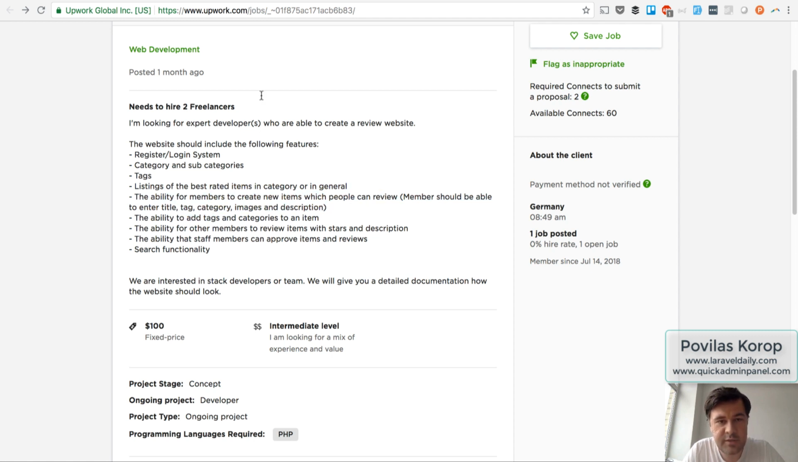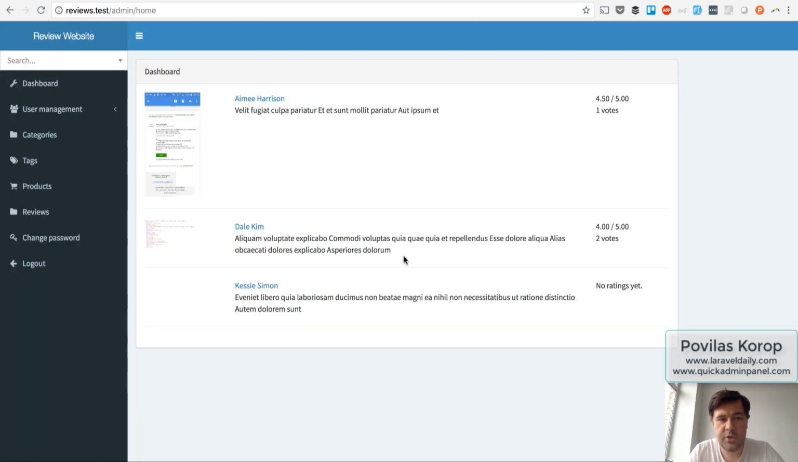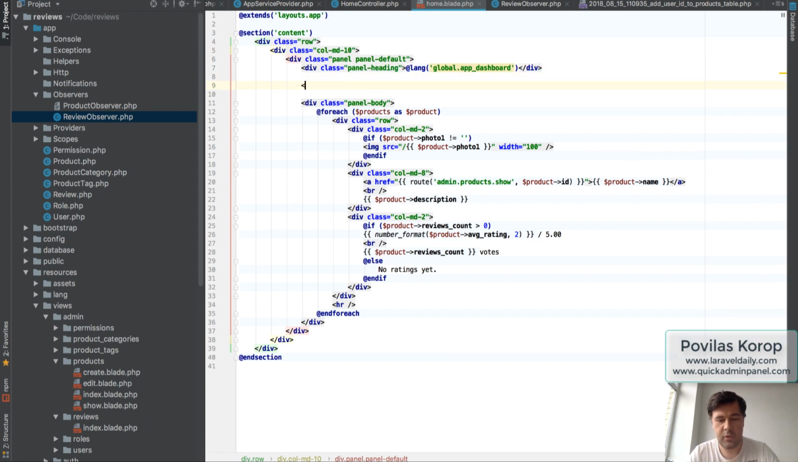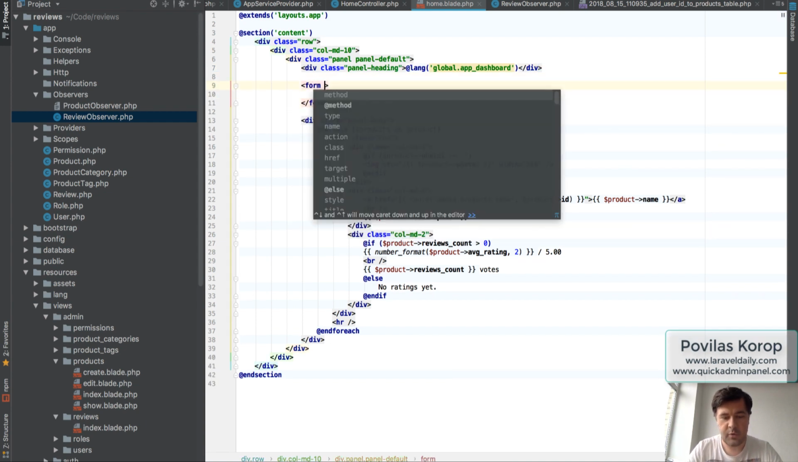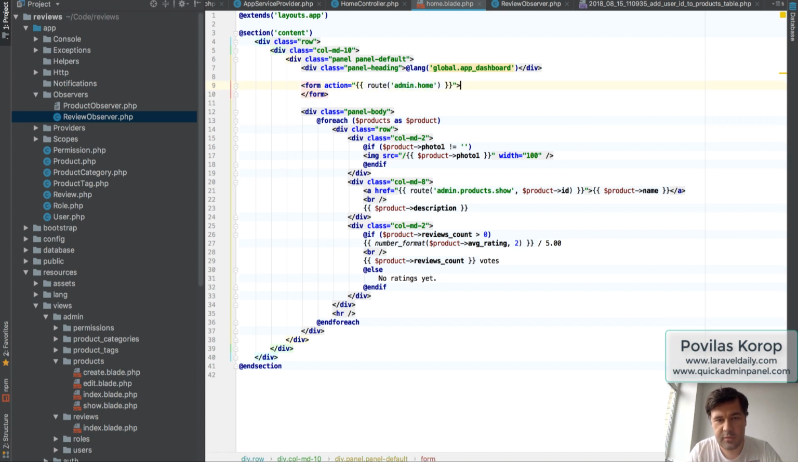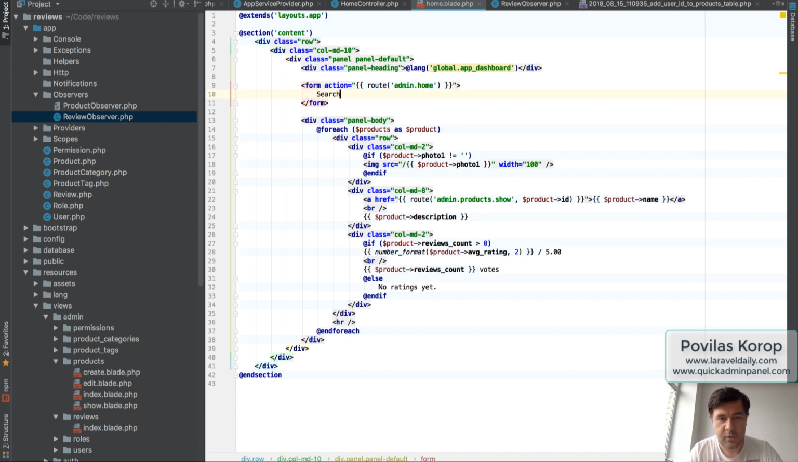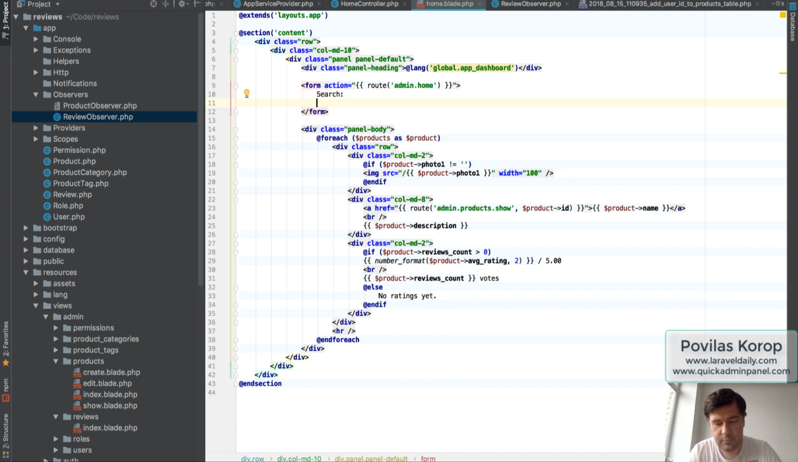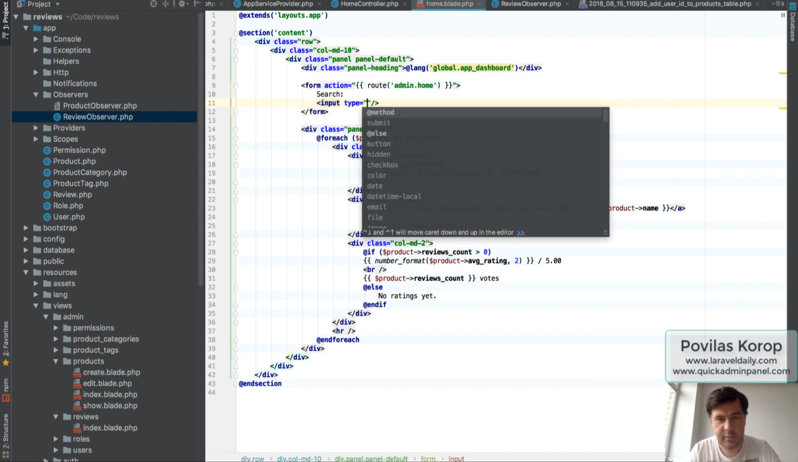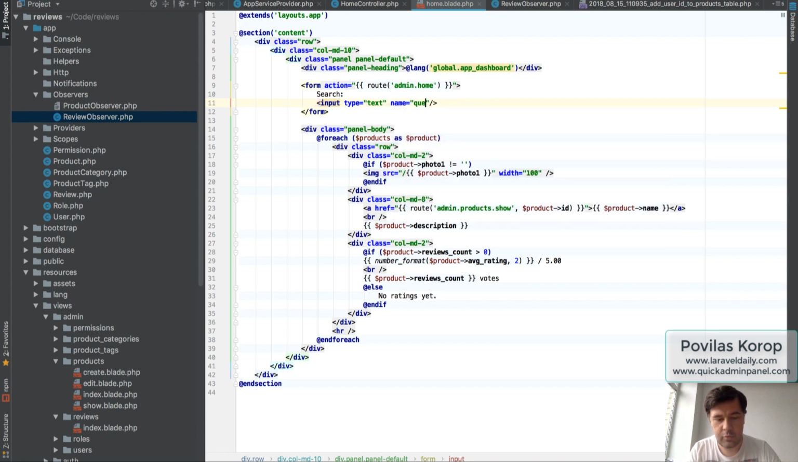And final thing is search by category or by name. Okay, so we're in the final stretch here, and let's add search above the dashboard list in here. So we will add a form to the same route, action route admin home, and it will be a get method. So parameters will be get, search, let's add type text name query,